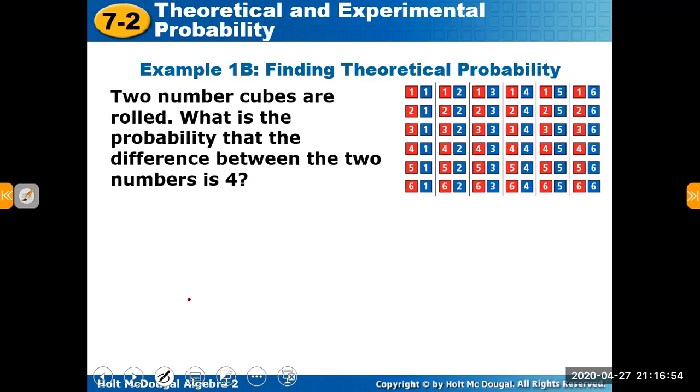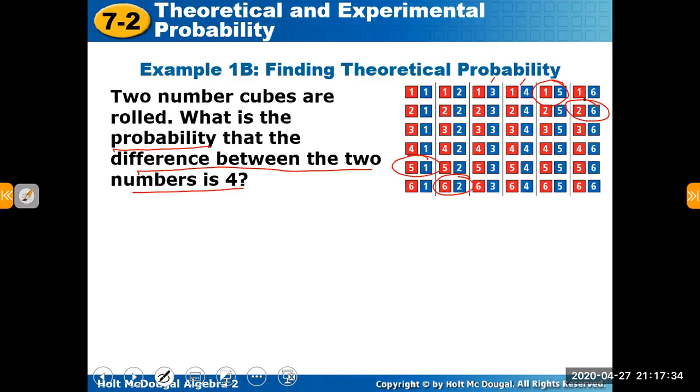The question says the probability that the difference between the two numbers is 4. So I have to check which two numbers, if I subtract, will give me 4. In the first row, I can see 5 and 1: 5 minus 1 is 4. Then here I have 6 minus 2, which again gives me 4. In this one we don't have a third one, and this one also we don't have. Again we have 1, 5 and 2, 6. So there are